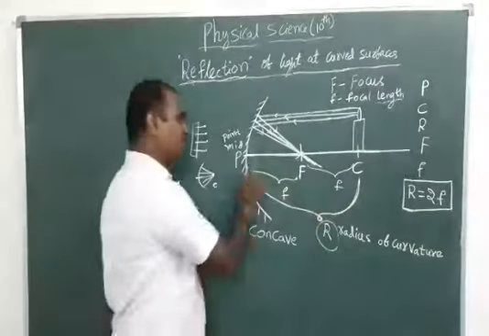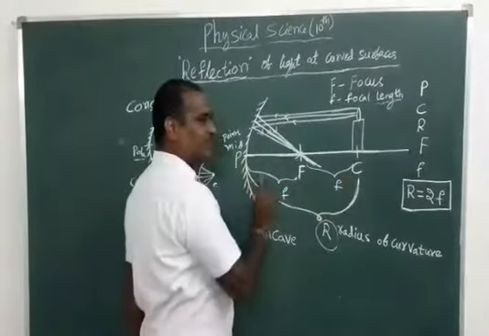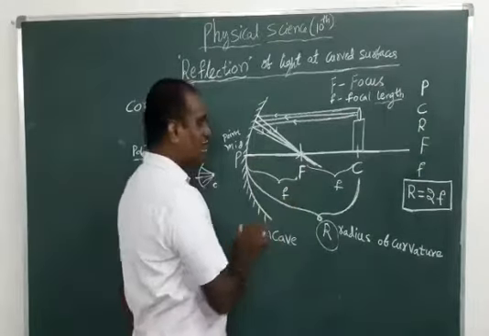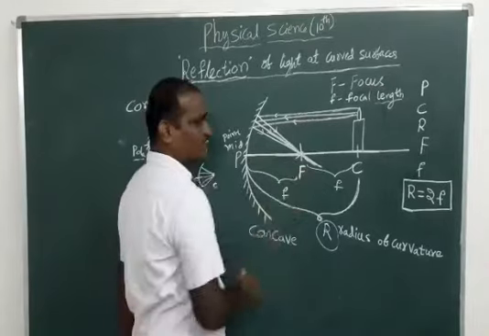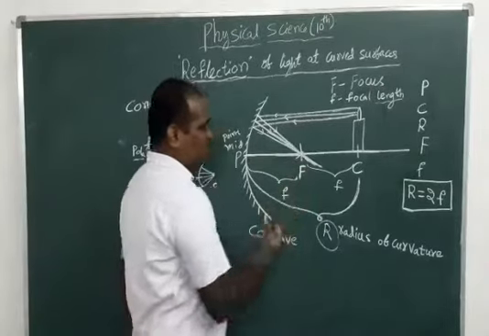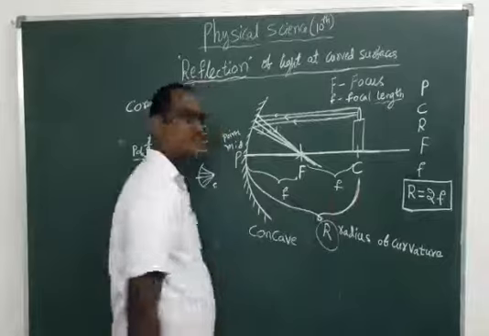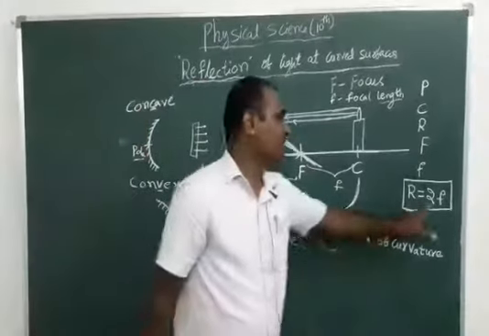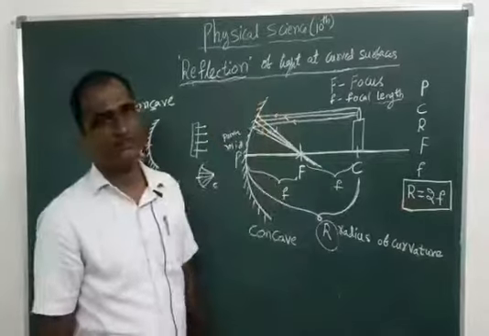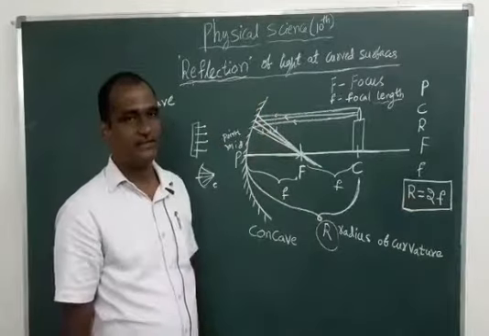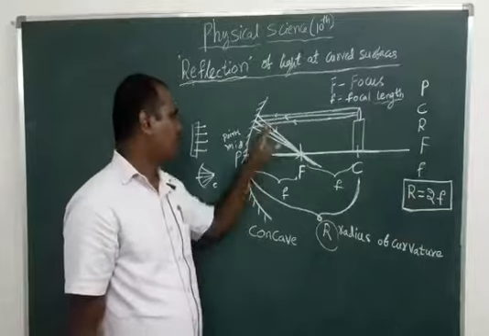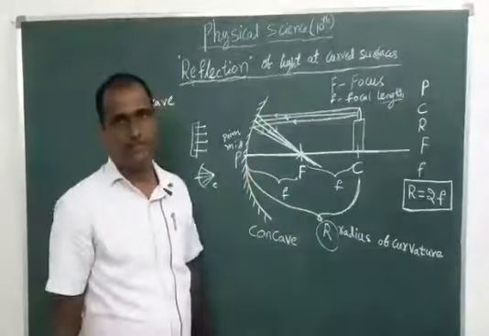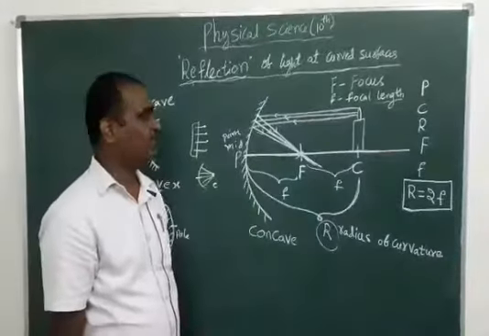Okay, in the radius of curvature, two lengths are there. What are they? Pole to focus is one length, focus to center of curvature is one length, and these two are equal. So R is equal to 2f. Double of focal length gives the radius of curvature. Okay, I am repeating again. Midpoint of the mirror is called, what is that? Pole. Midpoint of the mirror is called pole.